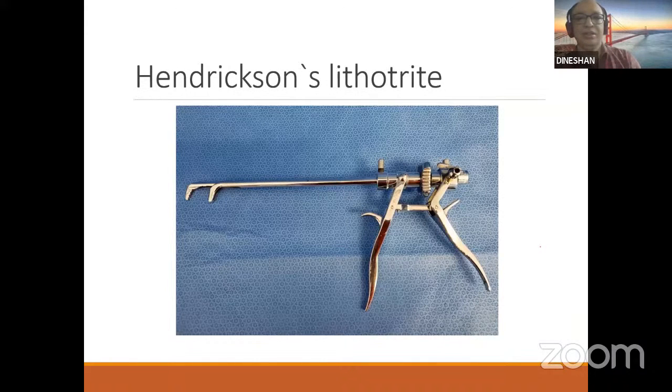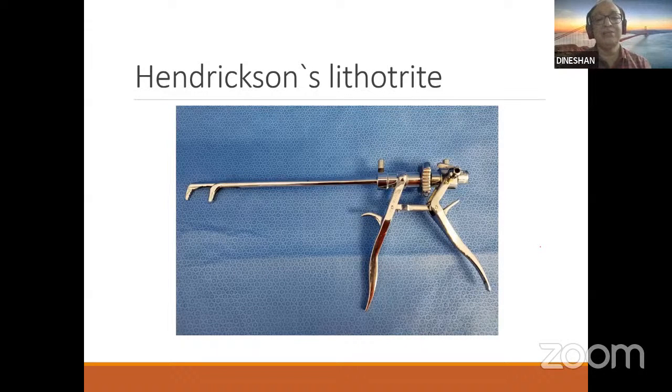See, the difficulty with all the single action jobs, the mechanical lithotrite, is soft stones and smaller stones. Here you have two jaws which are very heavy, and you can crush almost any stone except very hard stones with this. This is passed after closing it, blindly, as a dilator. And you always use a 70-degree scope with this. That was what I was mentioning: the use for a 70-degree scope now is in the Hendrickson lithotrite, which I don't think anybody is using.